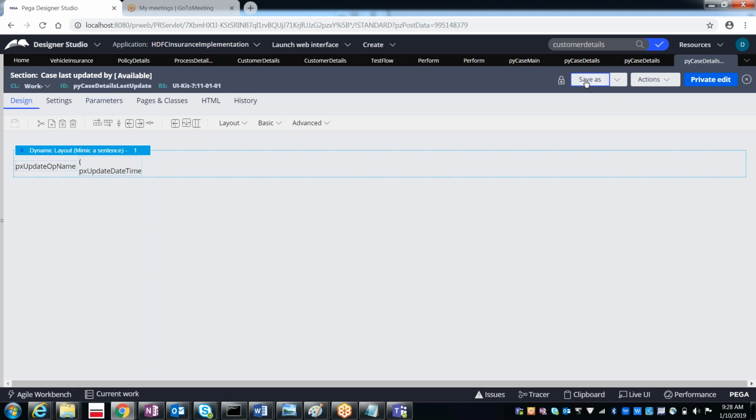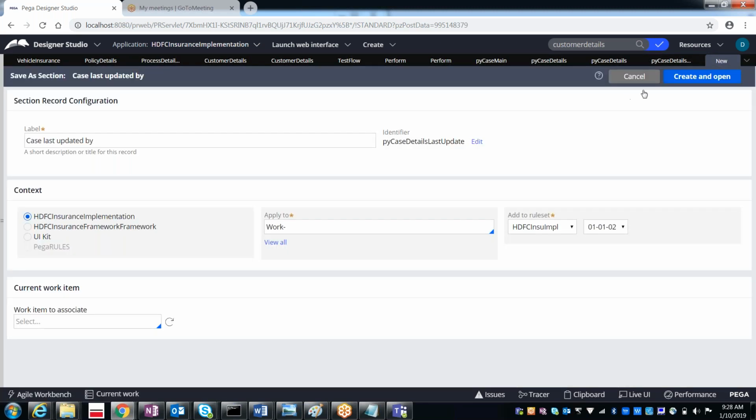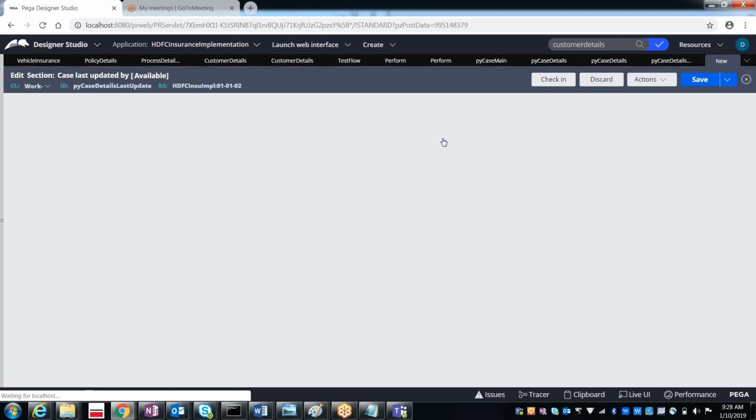Again, this is also in the UI kit, so Save As to your own version. You can either delete them permanently or you can apply some visible condition, like display none.